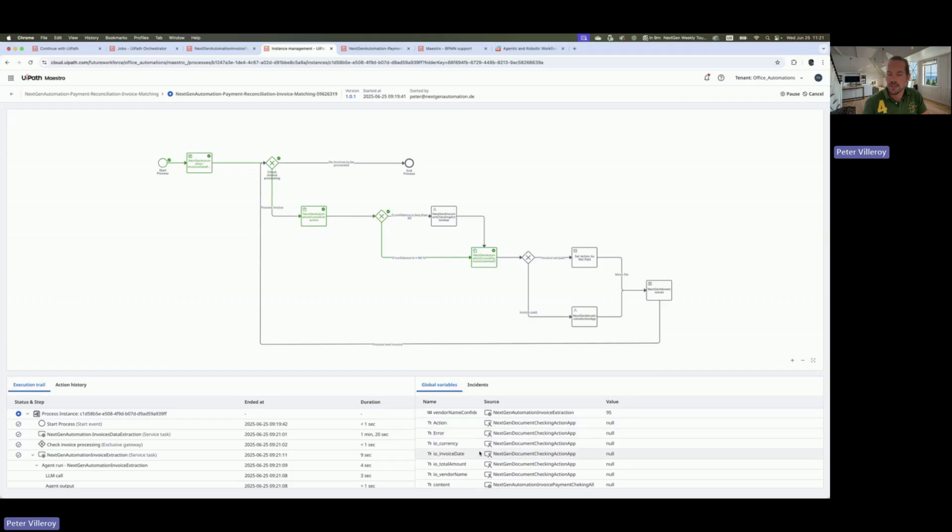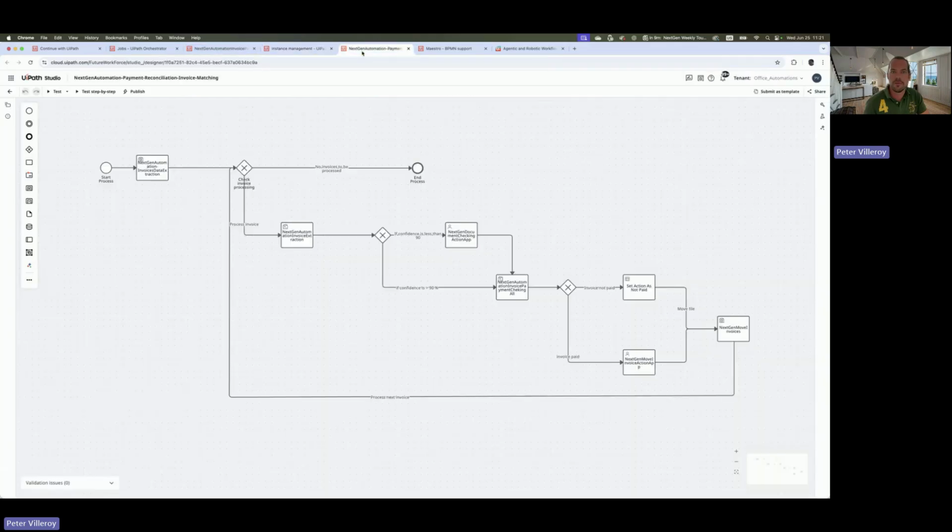We can see it in the global variables in real time. And as the confidence level was above 90% for all of the data that was extracted out of this first invoice, it moved right on into the next step, which was a second AI agent, which quickly used its context. I could show you that agent here briefly,